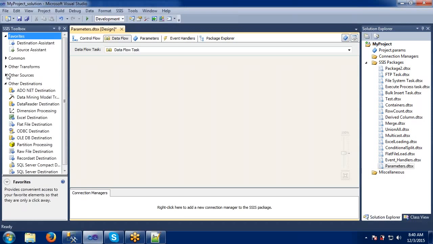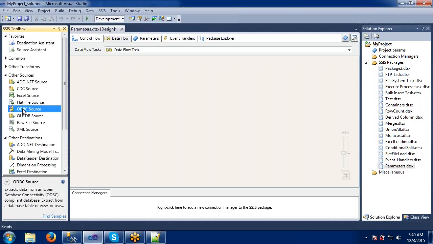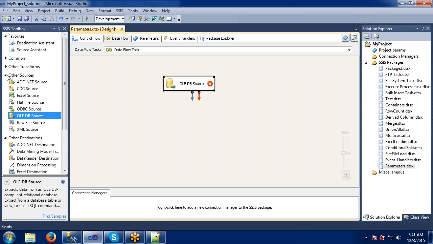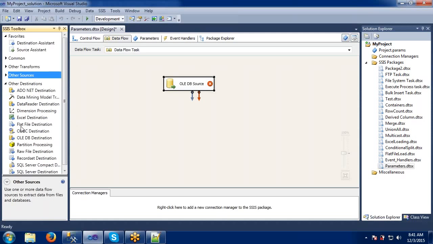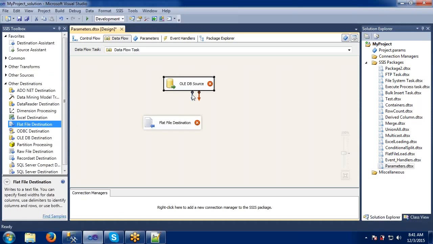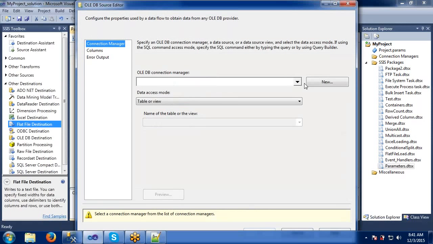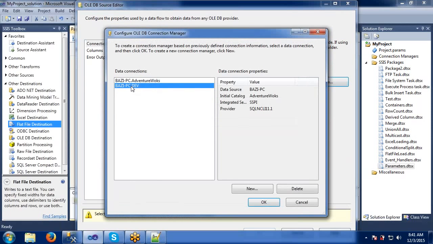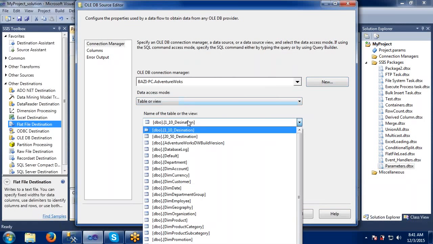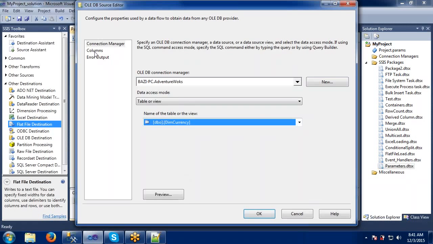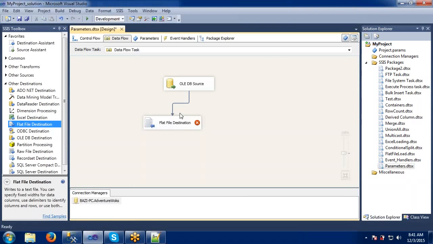Let's say there is one source, a BillyDB source, and one flat file destination.